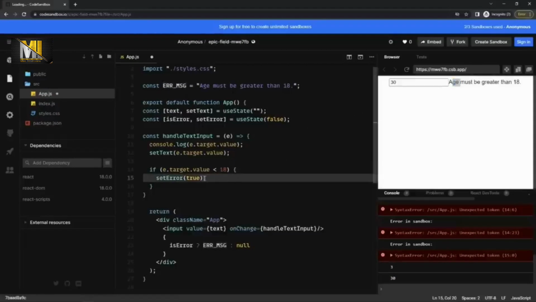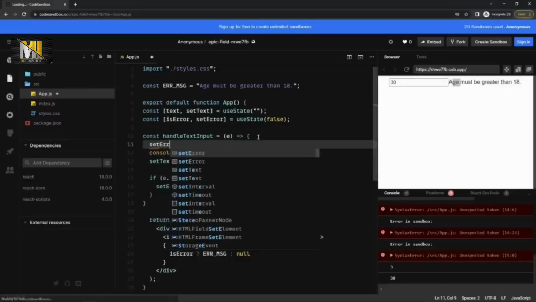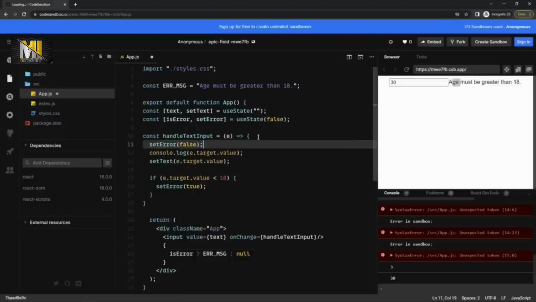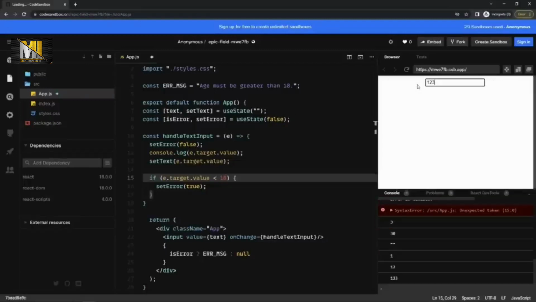For that, basically I need to reset it. So whenever the user enters any value, I can reset it, set error to false. With that, it should be fixed. So now if I type 1, 2, 3. Okay, let me type 23. There it is gone. If it is 2, there it is. If I type 5,